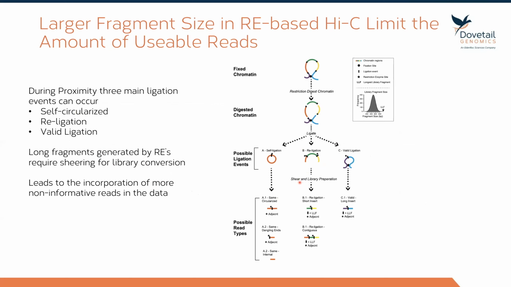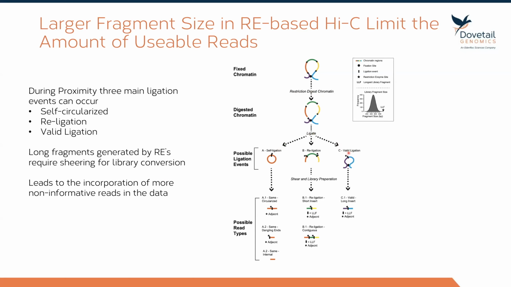And the last real limitation of Hi-C data is the types of molecules that are generated during the ligation. So here, if we walk through what the Hi-C reaction is again, we have fixed chromatin, and here I'm indicating where the restriction sites are. Then we digest that chromatin with restriction enzymes, so we get these fragments, and then we conduct ligation. Now, there are three main possible ligation events that can occur. You get a self-ligated event where this forms a circle. You get a religation event where you cut and simply religate back to your original cut site,